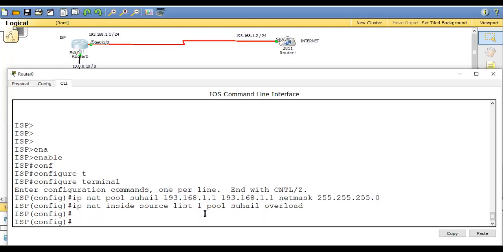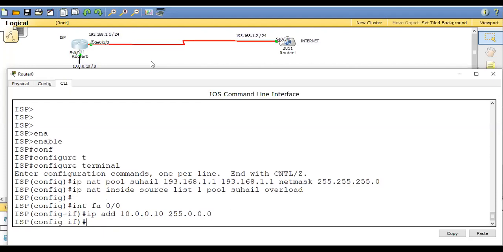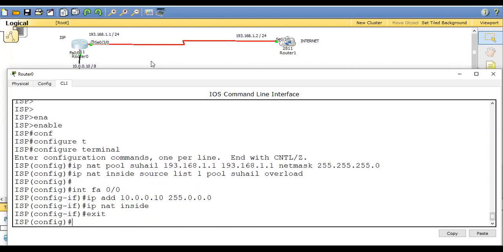Now I have to mention the inside IP address and outside IP address. Okay. So I will go to interface FastEthernet, which is this port, 0/0, IP address 10.0.0.10, 255.0.0.0, and it is ip nat inside. All right. And exit from this port, then interface serial